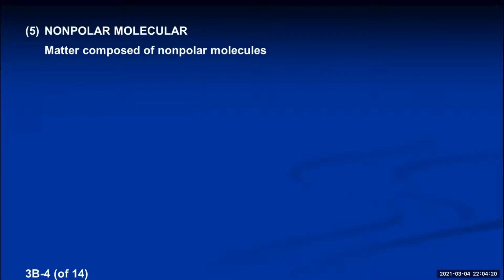Now, when we use the word molecule, it implies only nonmetals, groups of nonmetal atoms bonding together covalently to create a little unit where all the atoms get either octets or duets in most cases. So if you look at examples of nonpolar molecules, they're always going to be made of nonmetals. There are a couple that are really easy to recognize as being nonpolar, and let me show you them.